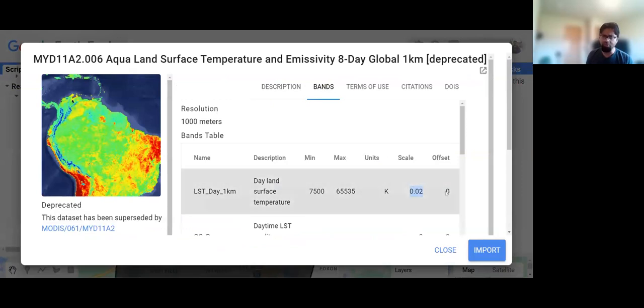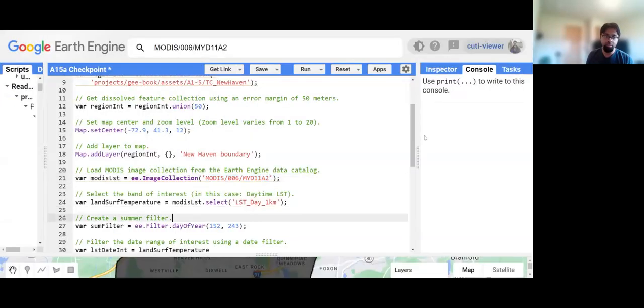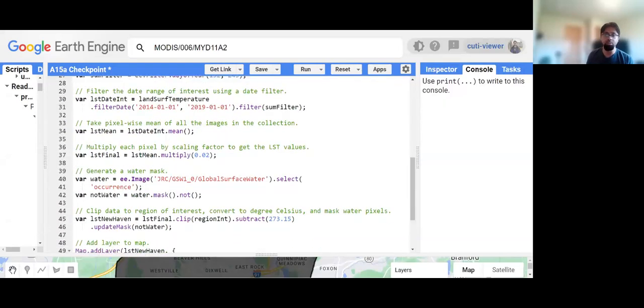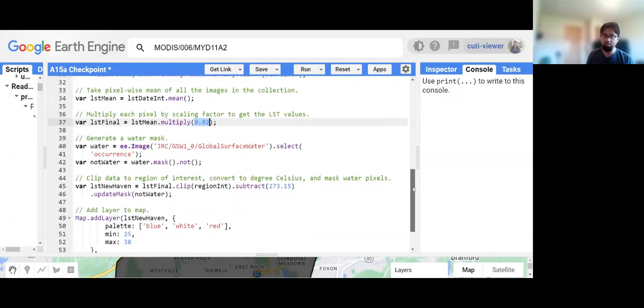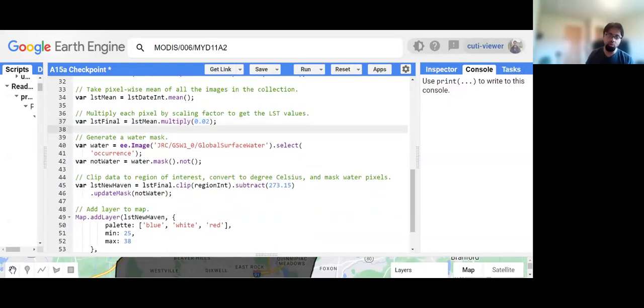I don't think we will deal with any offsets in this particular case, but I can show an example for Landsat collection 2, where you have both offset and scale. So that's why we are multiplying this with the scaling factor. This converts the digital numbers to the land surface temperature. Then what we do is we create a water mask. We don't necessarily care about what's happening over water bodies, because the urban heat island effect is essentially an urban land cover transition